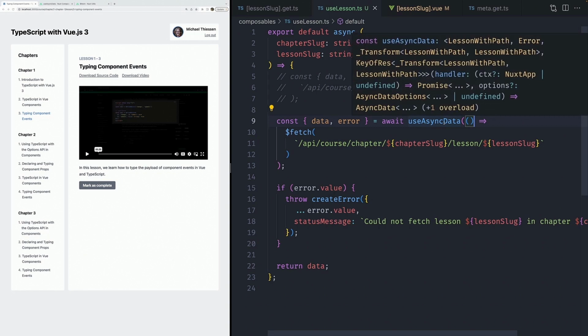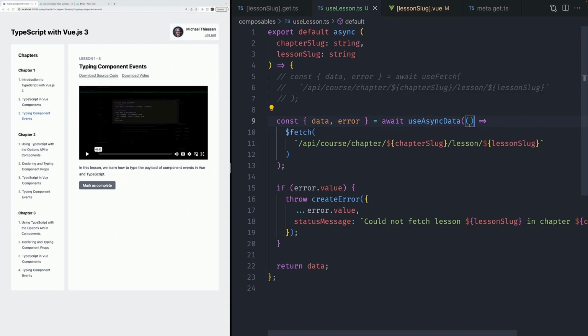And so we've shown that these two things here, useFetch and useAsyncData with this $fetch command, are functionally equivalent. So why do we have both of these if they do the same thing? Well, if you think about your applications that you're building, the vast majority of the async data that you're working with actually comes in the form of these fetch requests. And so to make that main use case as easy to use as possible,